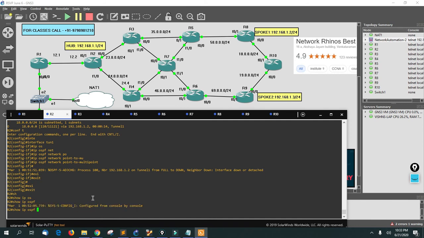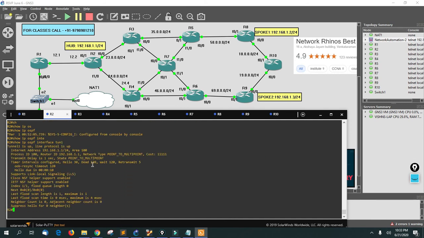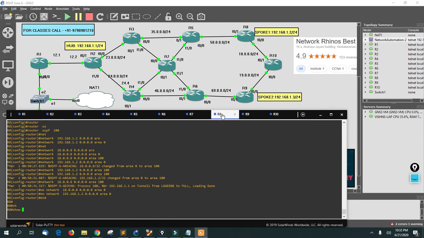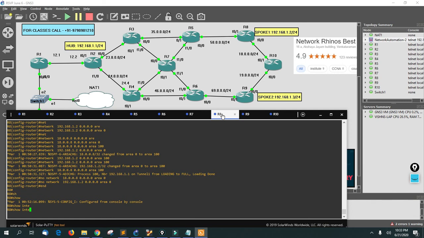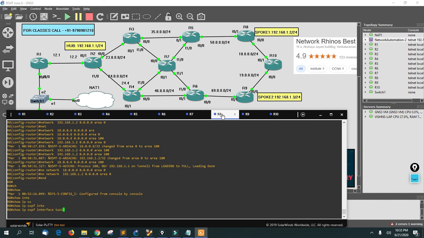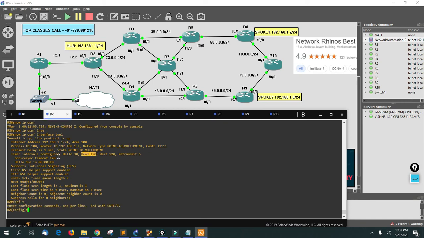Show IP OSPF interface tunnel 1. Here you can see my hello interval is 30 and dead is 120, which is not the same here in R8, right? Show IP OSPF interface tunnel 1. Here it is 10 and 40. That's the issue. Let's configure R2 as 10 and 40 just to make sure it matches.